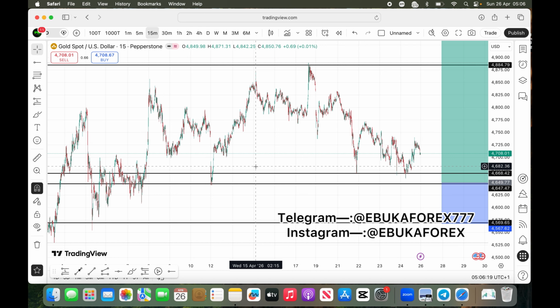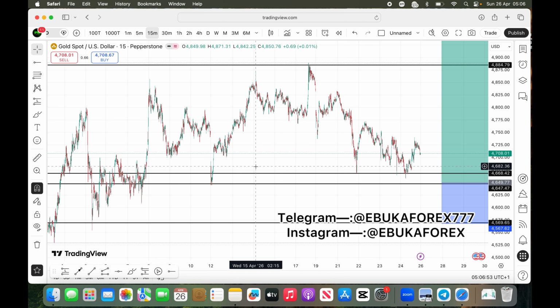Most times when you watch the market price reaction during 9 a.m. or 10 a.m. New York, you'll find out that the liquidity will be taken out maybe after a slight displacement before the major price expansion. So there must be manipulation. That's why we focus on offset price accumulation and price expansion. These things are very, very important.